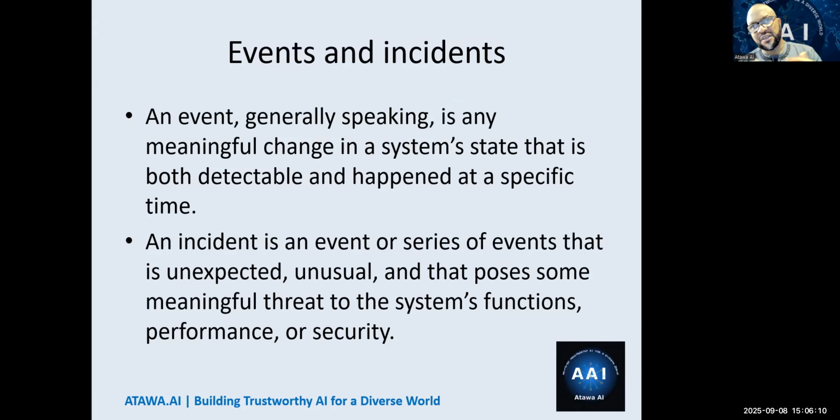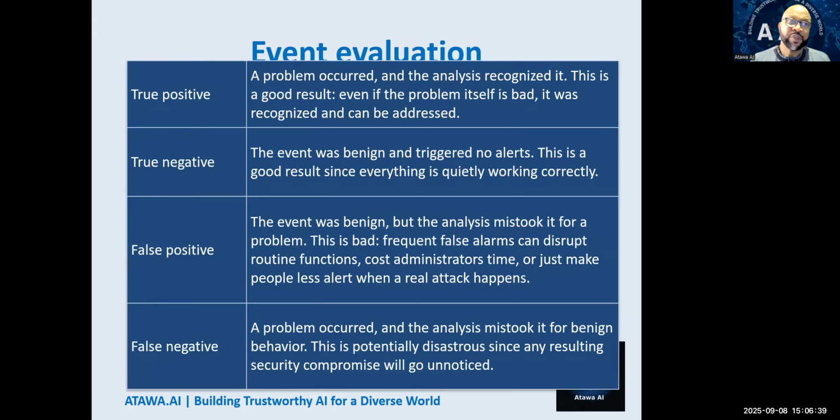This slide is a general definition. If you go to Event Manager on Windows, you see activities on your network, right? Any change in your system basically is an event. It happened at a particular time, I can see it. It doesn't mean it's a bad event, like logging in is an event. But an incident would be an event or a series of events that are unexpected, or maybe some unusual thing that can be a threat to your CIA triad, right? So you have an event first and then you have an incident, right? So this could be how you evaluate events.